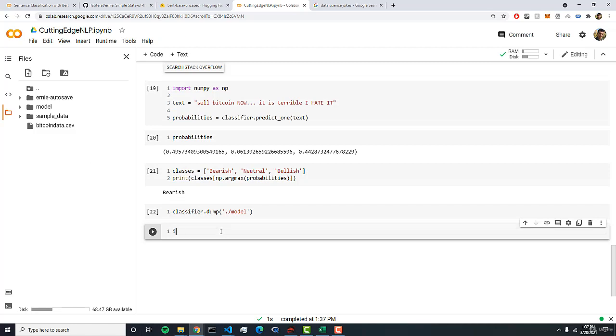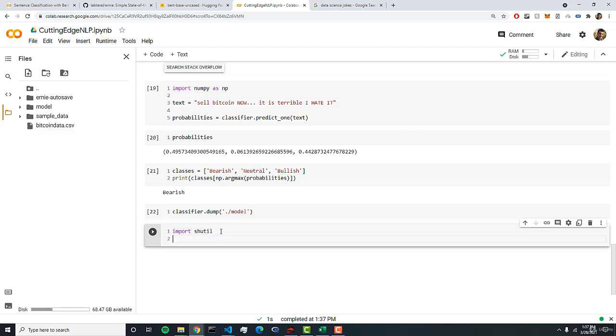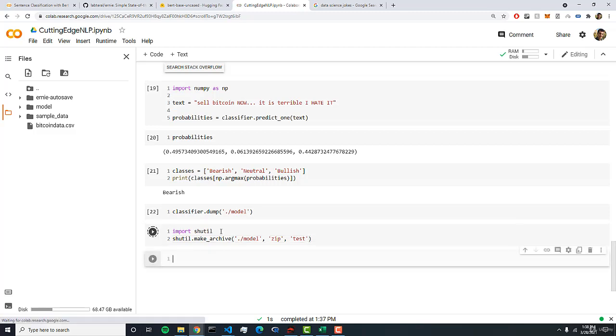To archive it into a zip folder, we can do import shutil. This package makes it very easy for us to make an archive, which is a compressed folder, and we can pass in our folder here. Our folder is called model. We can pass in the type of compressed file that we want, which is zip, and then we can pass in the name of the compressed file that we want. So by running this,